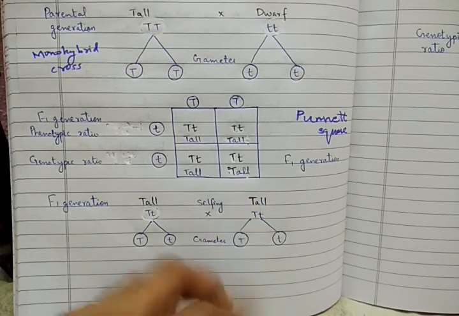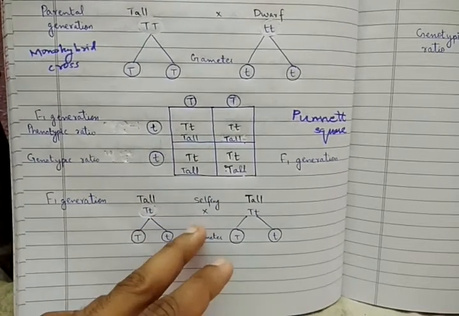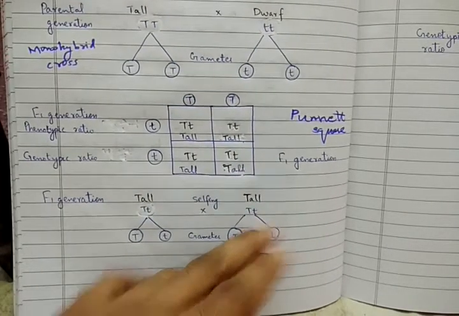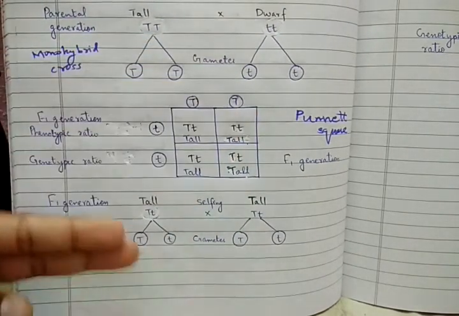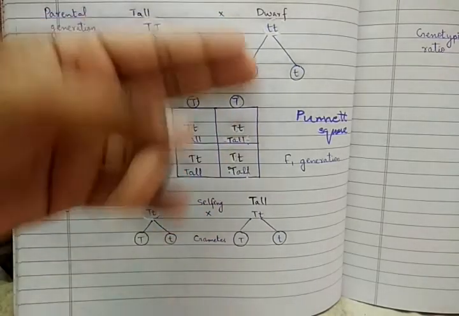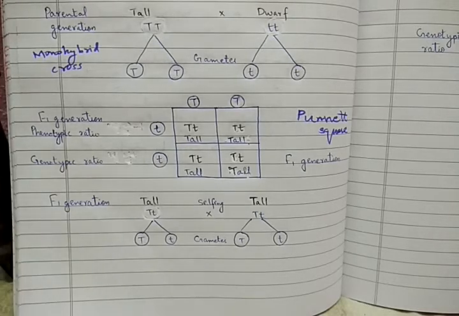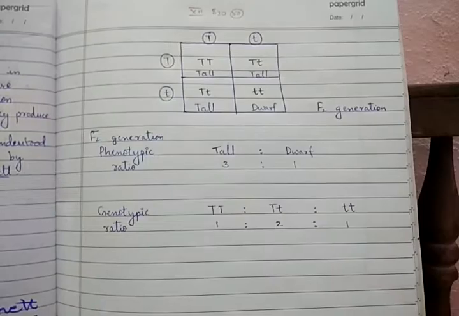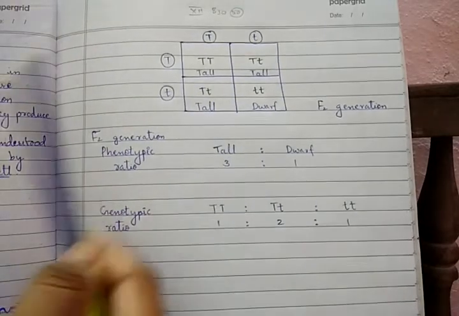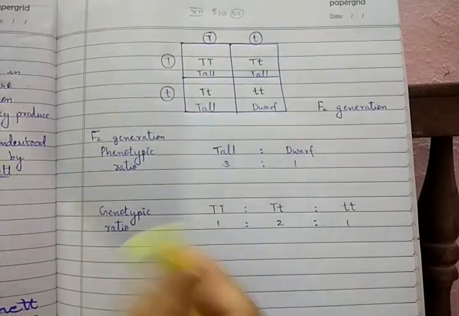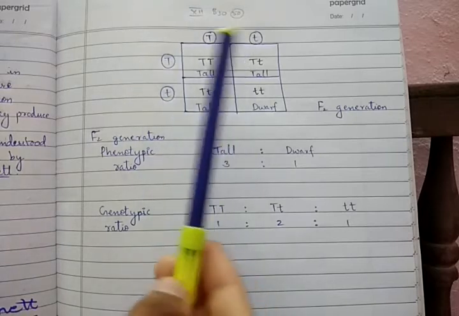You will do the self-crossing process, means capital T, small t, you will cross it with itself, capital T, small t, and the same way that you have taken, you will take the gametes, capital T, small t on one side, and the gametes from the other side, capital T, small t. If you are arranging a Punnett square from this, then what answer can you get? You can obtain the answer which has been given on the next page. We will write the gametes on one side, capital T, small t, and the other gametes also. Now we will write it together.